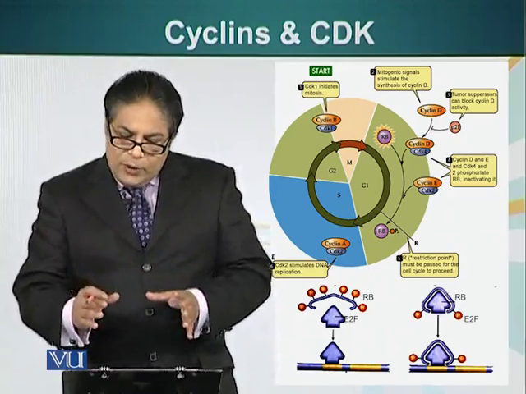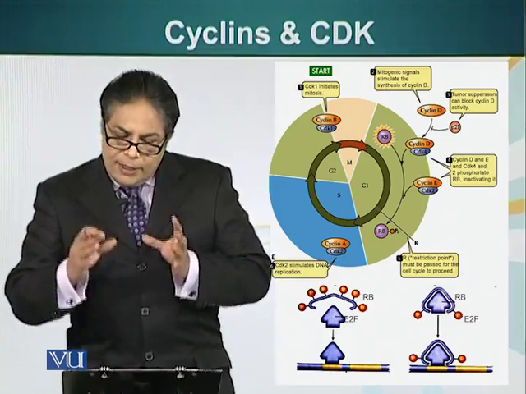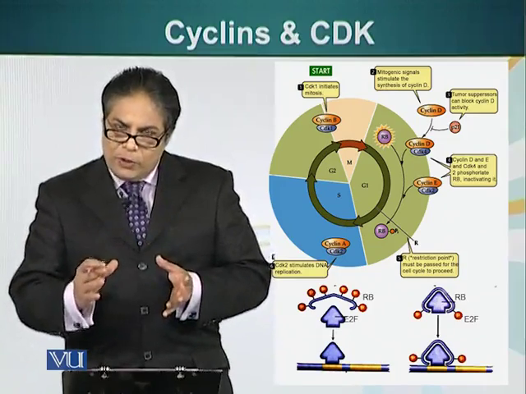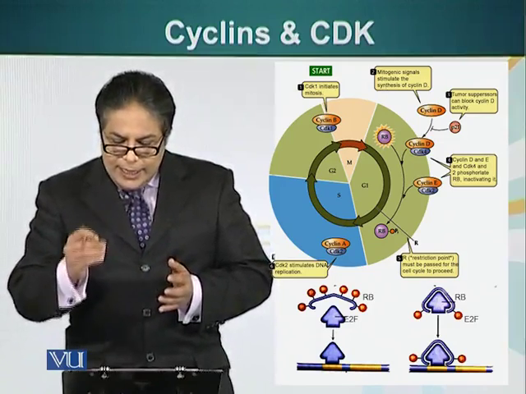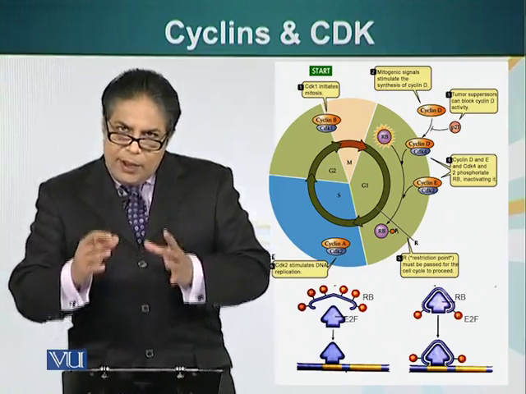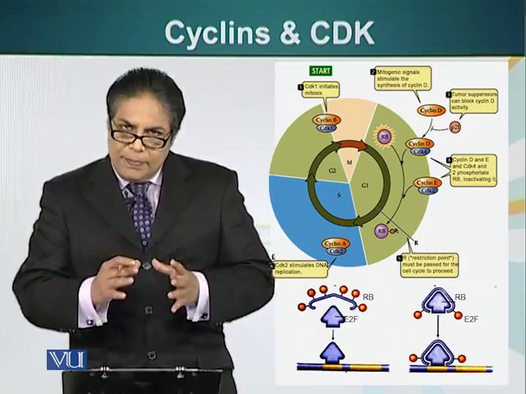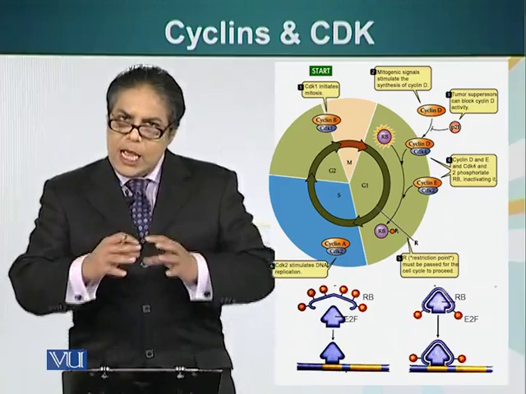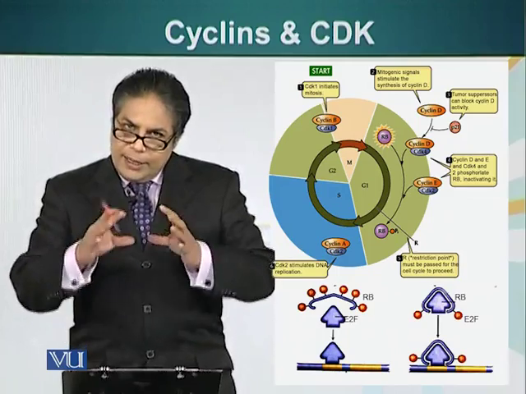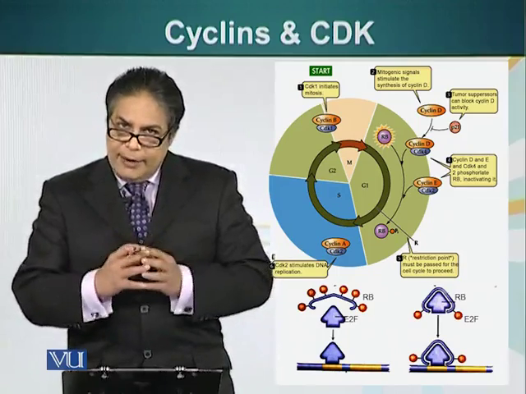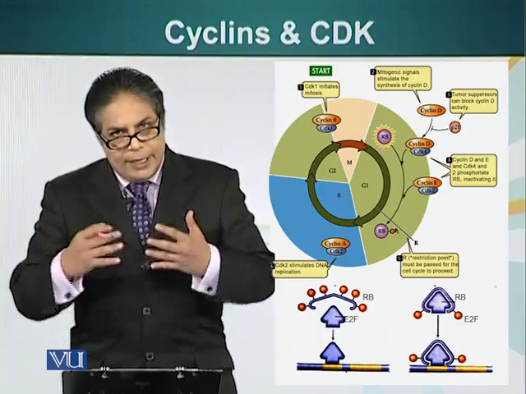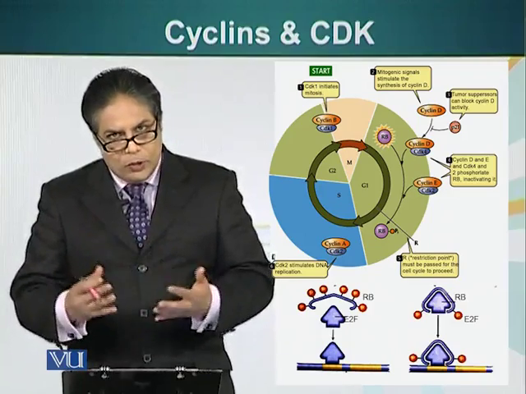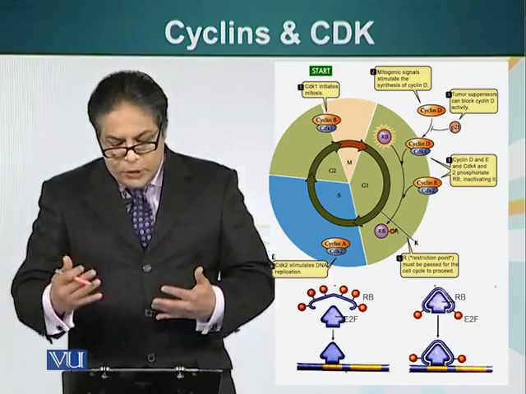So as long as the DNA is okay, P21 will not be produced, and it will not inhibit the cyclin D and cyclin E functions. However, if this protein is present, there are other components, other proteins in the cell, monitoring DNA integrity. If the DNA is intact, this cell will be allowed to proceed into S phase.